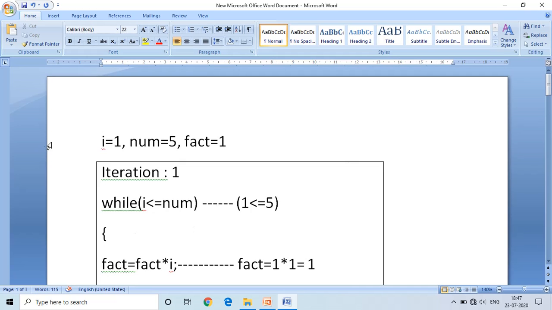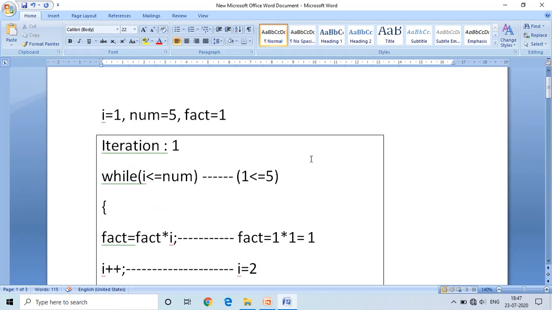Once again I will tell you, before starting the while loop, the variables are I equal to 1, num equal to 5, fact equal to 1.